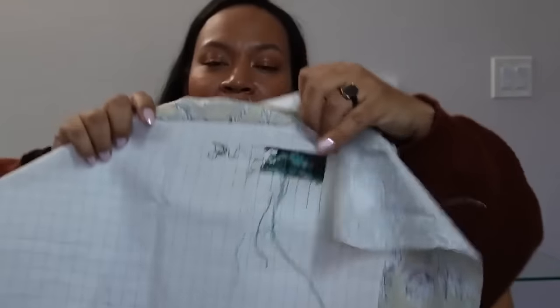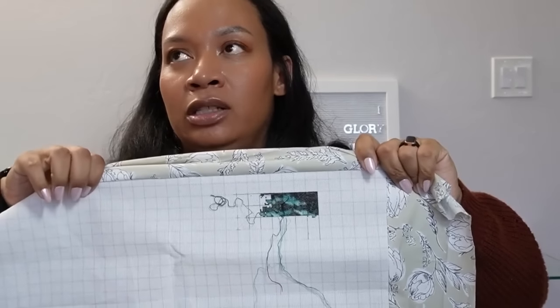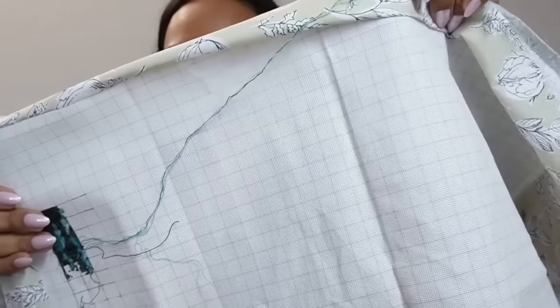What's this? This is one that I'm going to UFO. This one I was doing with a group of ladies, like Rainy from Rainy Day Reads, Alicia from Adventures of Stitching. I think it's this way. And